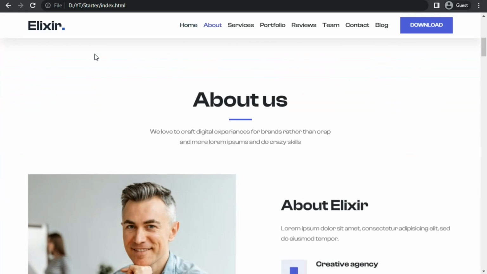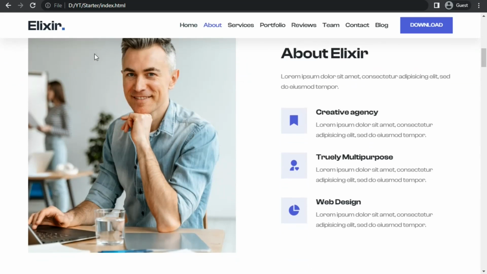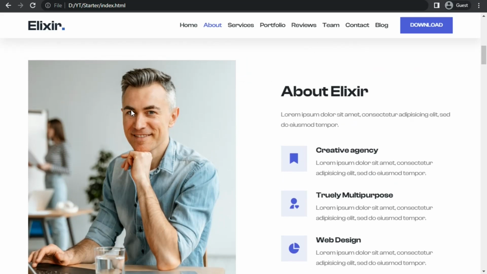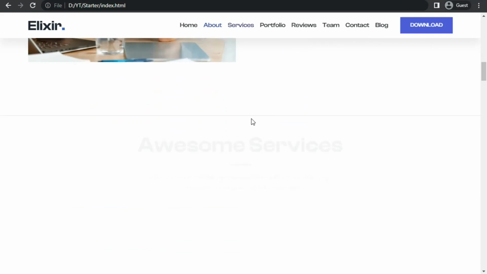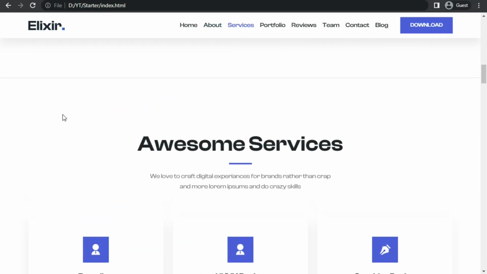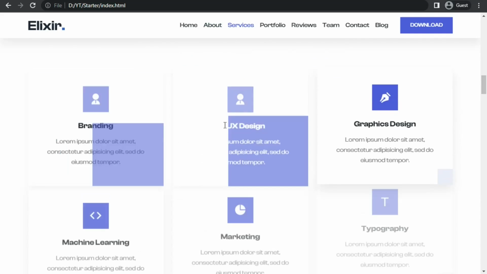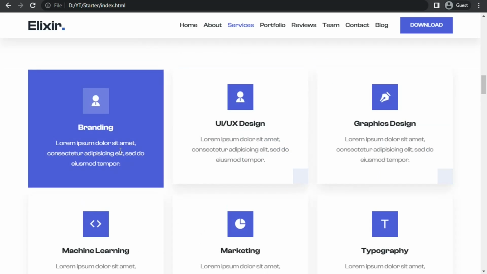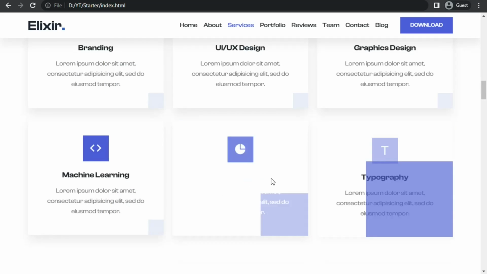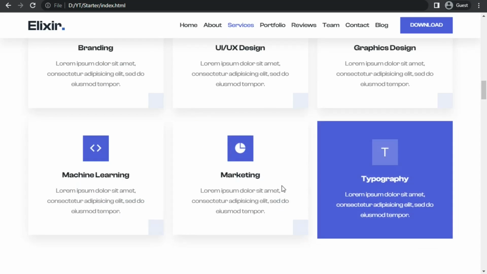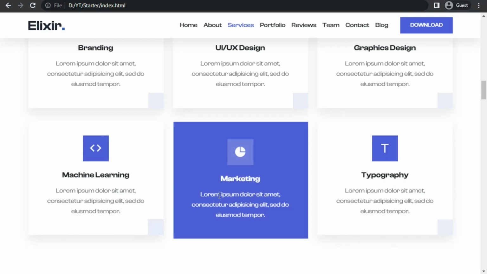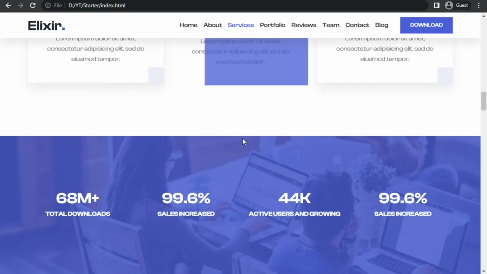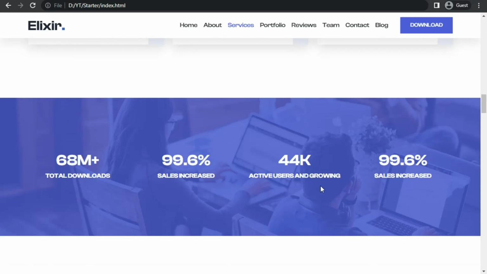After that we have the about us section, in which we have an image on the left side and some information on the right side. Okay, so then we have the services section. So in the services section we have these different services. Okay, and also we have this hover effect. So when I hover mouse on these services, you can see the effect. And after that we have this counter section,